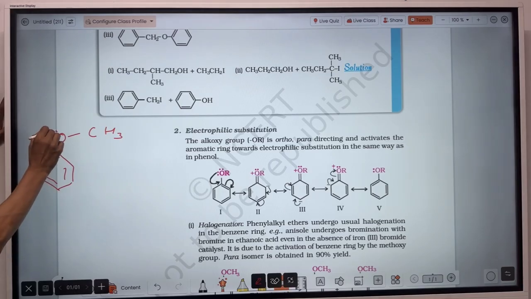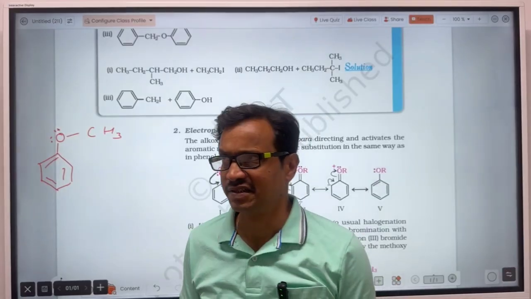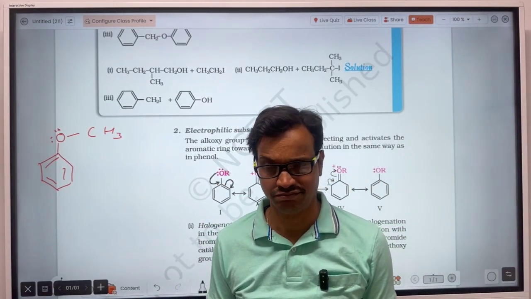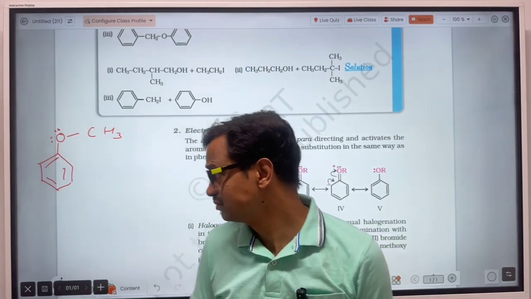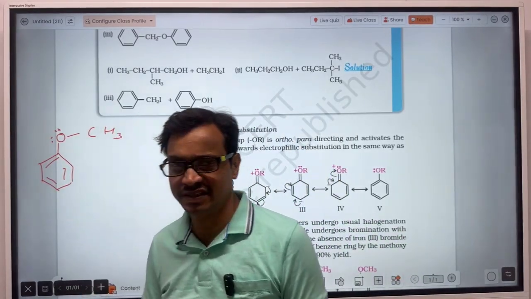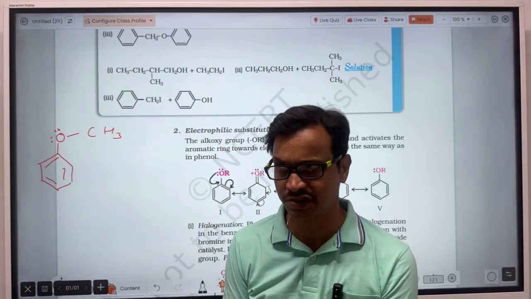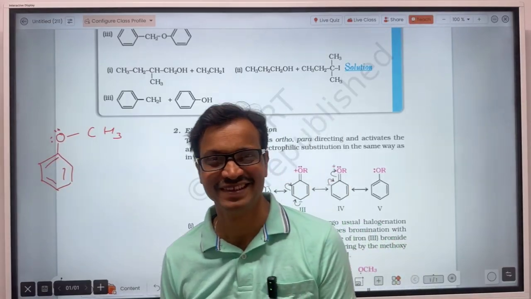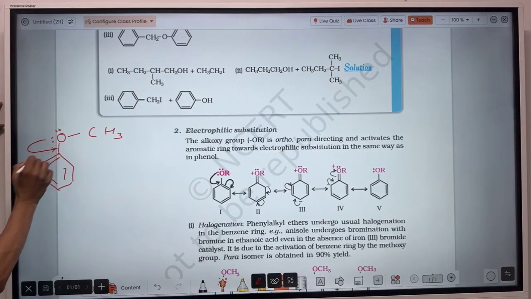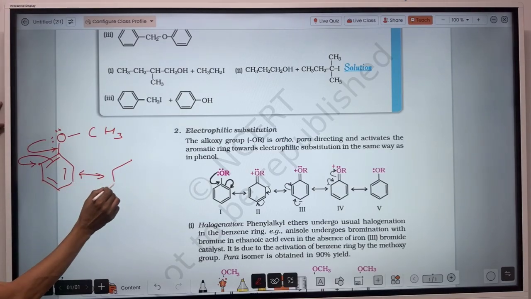How? When you draw the resonating structure. Once again, I am drawing the resonating structure of ether, but I have taught you a number of times, so that should be in your mind, and better you go through those videos also. Even though I am drawing the resonating structure of this compound here, that will take some extra time, but okay. Let's see how. This lone pair of electrons will come here for double bond formation. So the valency of this carbon atom becomes disturbed, so this pi electron will come to this carbon. So the resonating structure will be